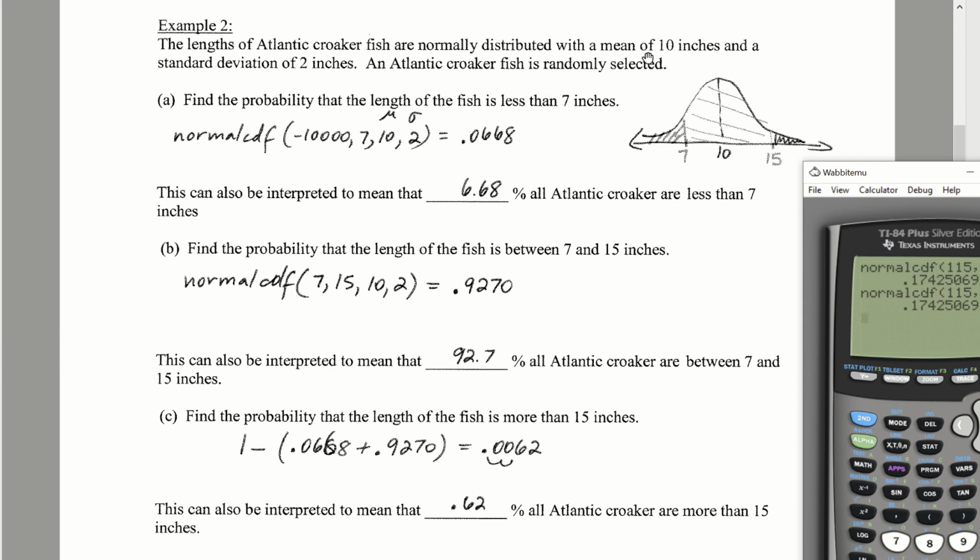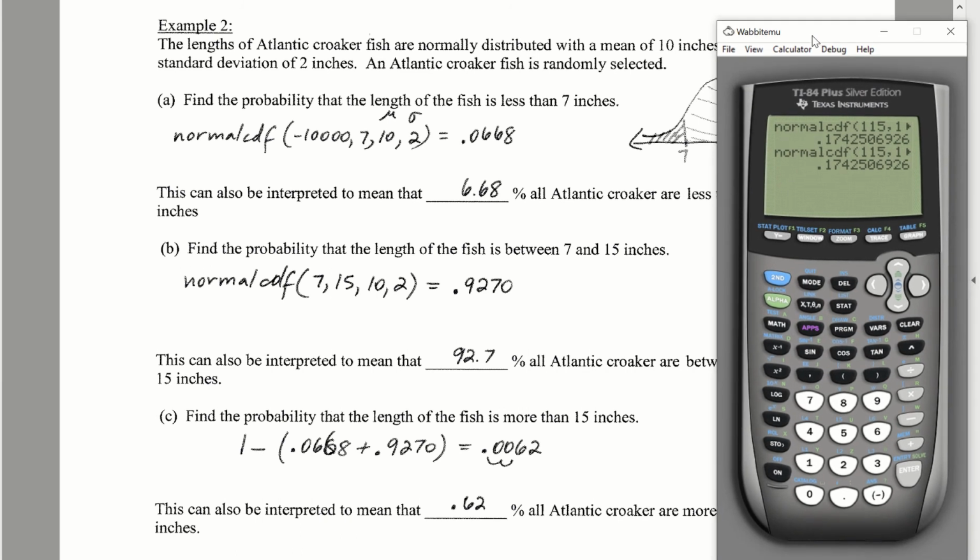This distribution has a mean of 10 and a standard deviation of 2, so I can just go ahead and draw my bell-shaped curve here. The mean would be 10. If I want to find the probability that a fish has a length of less than 7 inches, 7 is less than 10, so that would be somewhere to the left of the mean. And then we're looking for the probability that it's less than that, so we would shade everything to the left like this. We know that that probability is equivalent to this area under the curve,